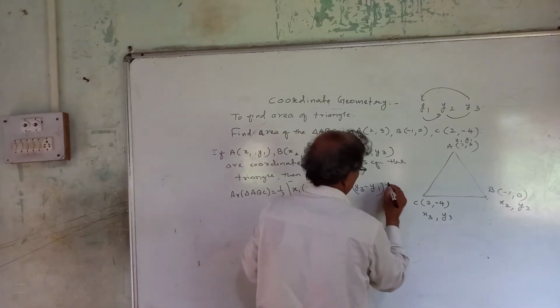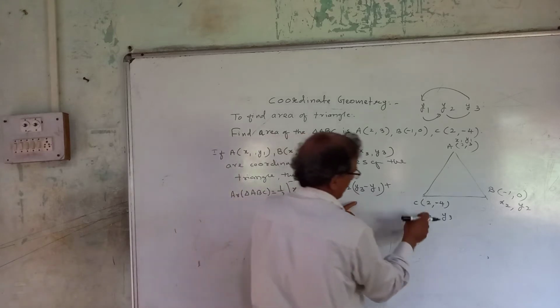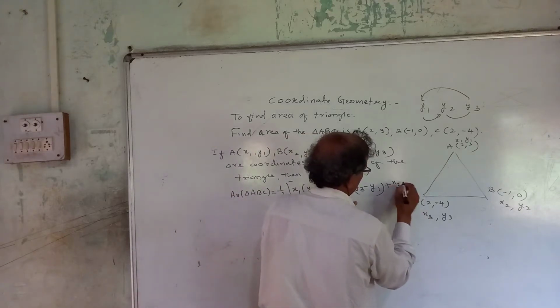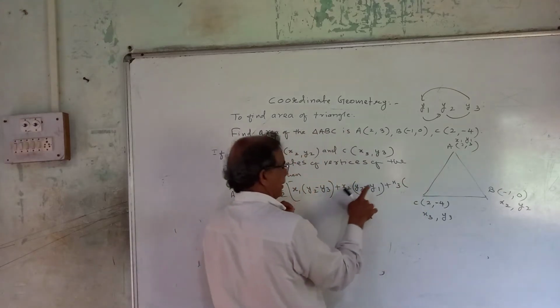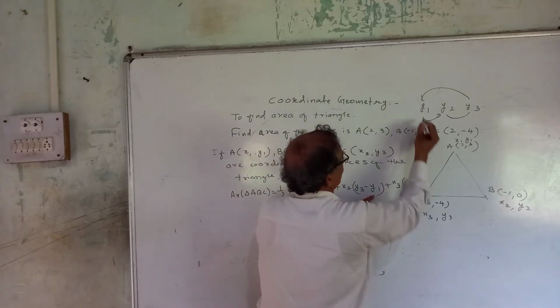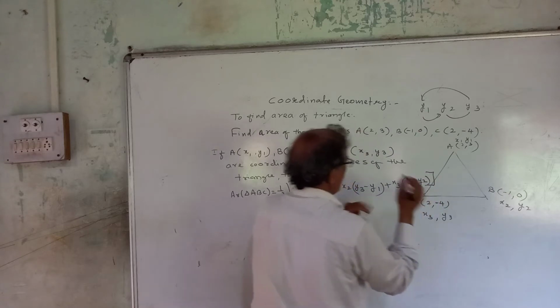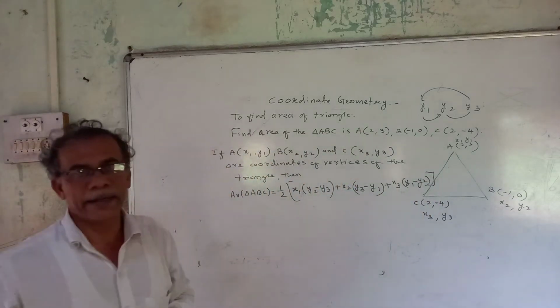And plus, now see here x1 plus x2, now what remaining? Third x coordinate, x3 into, now you start from y1, y1 minus, after y1 who comes? y2. So this is the formula to find the area of a triangle